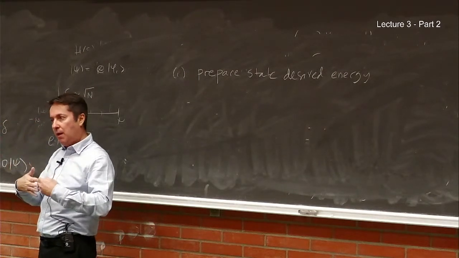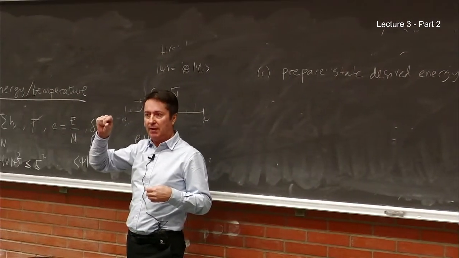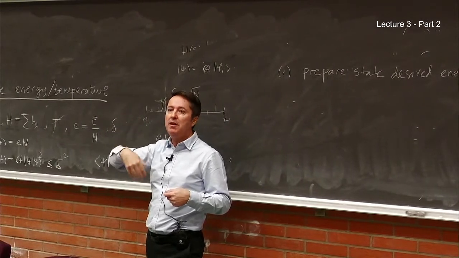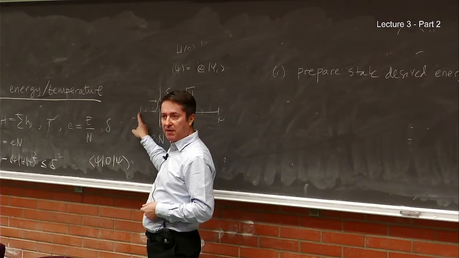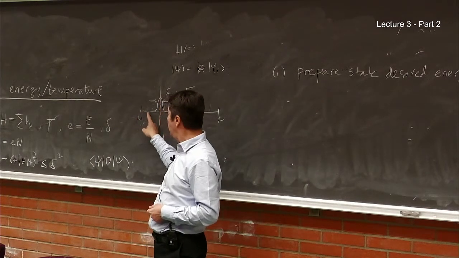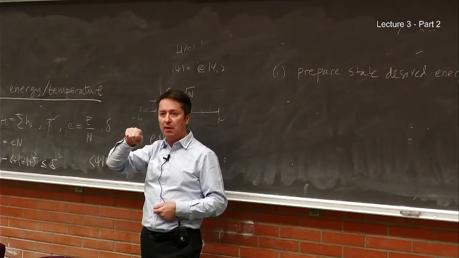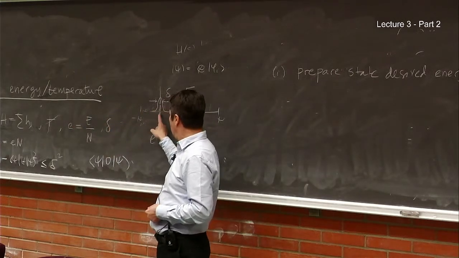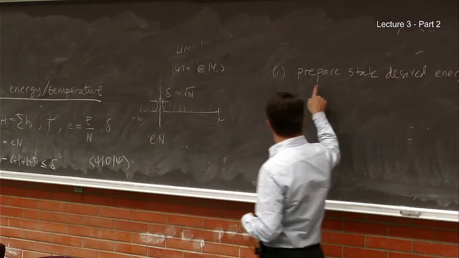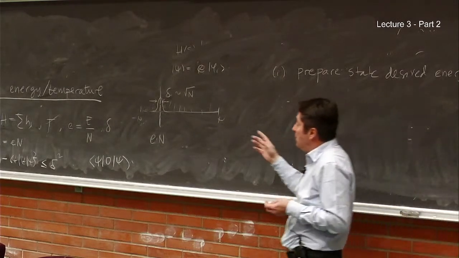So again, if the Hamiltonian that somebody gives you is gapped, or the gap decreases like 1 over poly n, then it will be efficient with a quantum computer to prepare this state here. But if you have this state, then you can easily prepare a state with any mean energy. When you start here, you start flipping qubits, and every time you flip a qubit, you increase the energy by 1. If you flip it less, you can go continuously to states which have the energy.